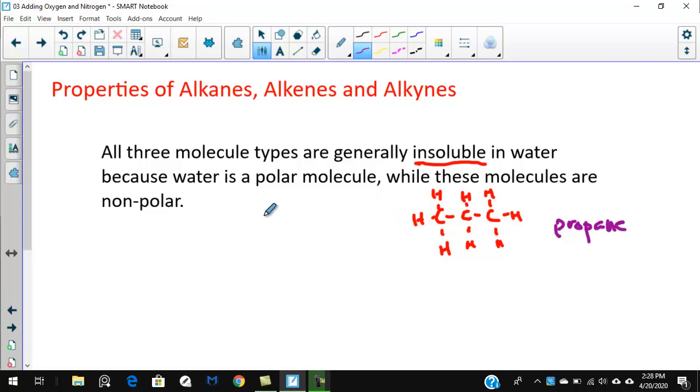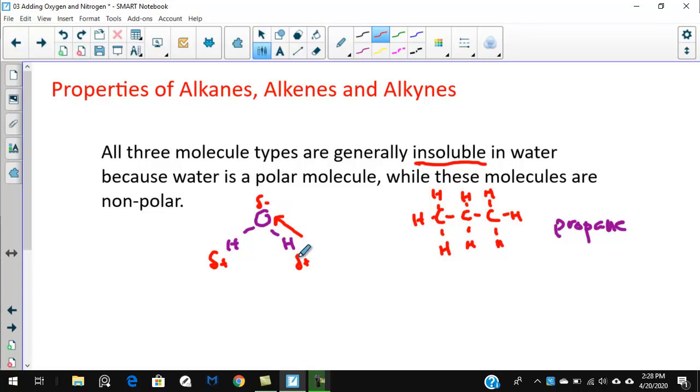Water is actually polar. So water has an O and an H, and an H. And if you recall our discussions, because the oxygen pulls on the electrons harder than the hydrogen pulls on them, the electrons shift toward the oxygen, making this a little bit negative and a little bit positive. And so these negatives and positives like to stick to one another. And all the water molecules will hold on to each other because they have both positives and negatives